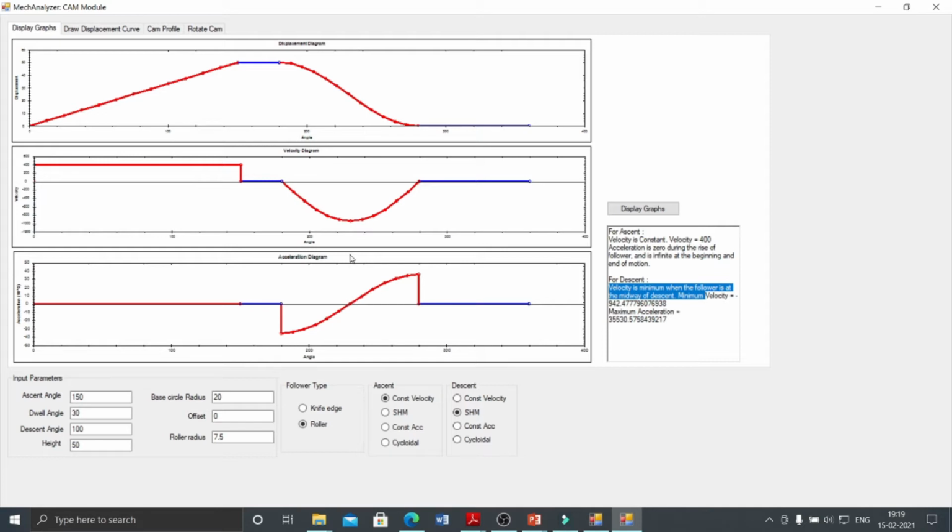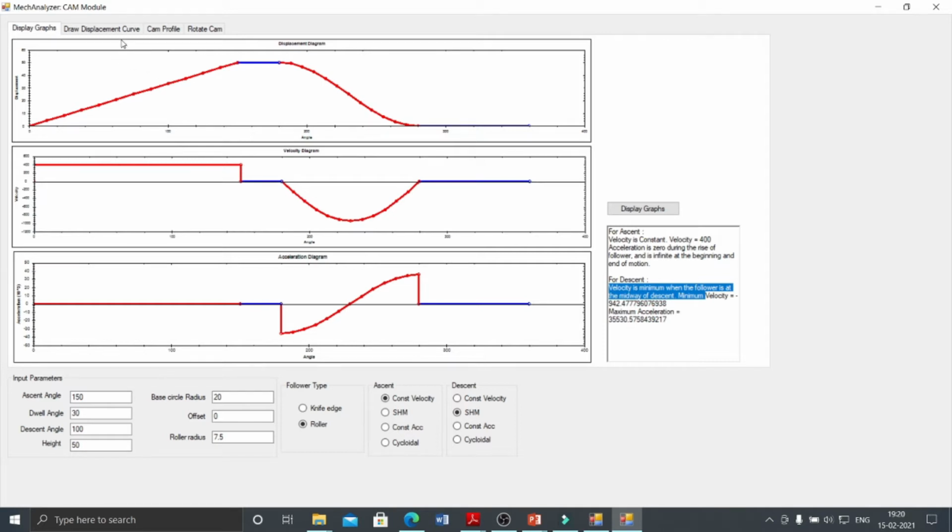At this location we will find the minimum, that means negative, which is minus 942 mm per second, and the maximum acceleration you will find here at this location, which is 35530 mm per second square. These are the displacement, velocity, and acceleration.